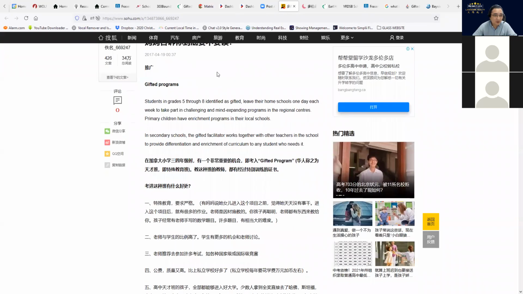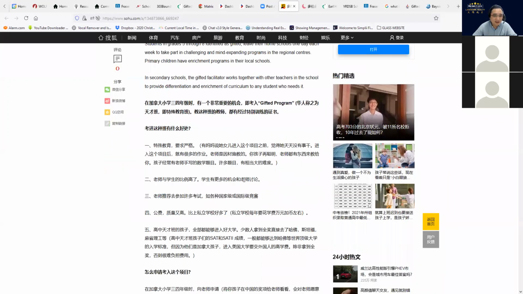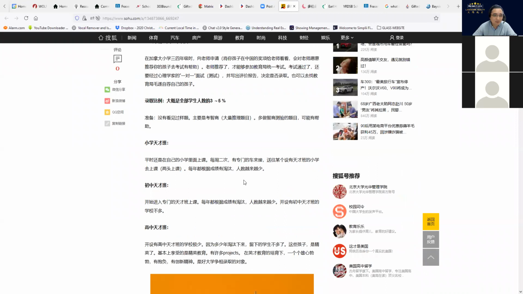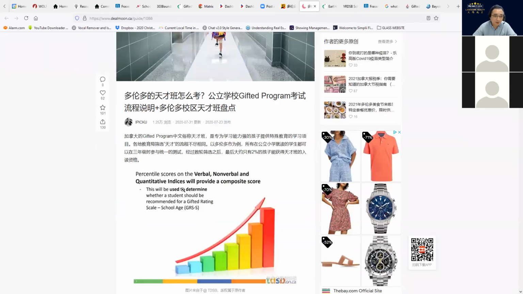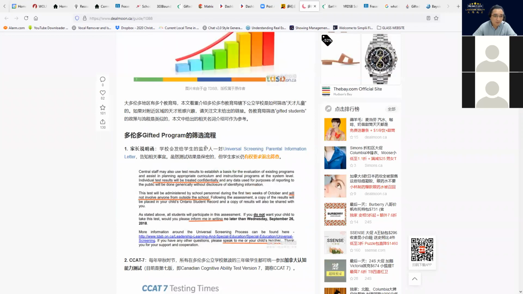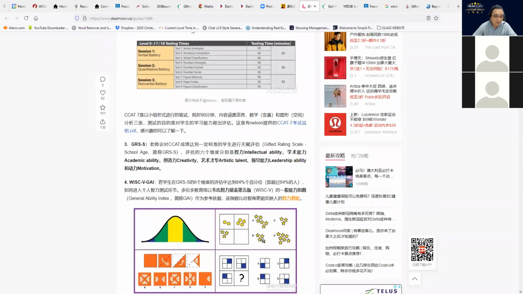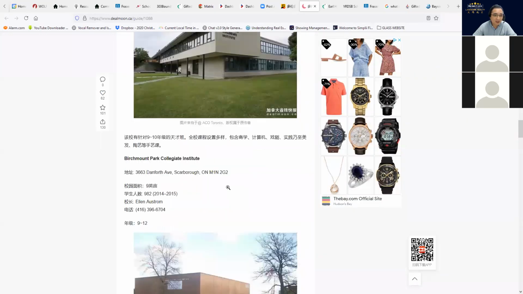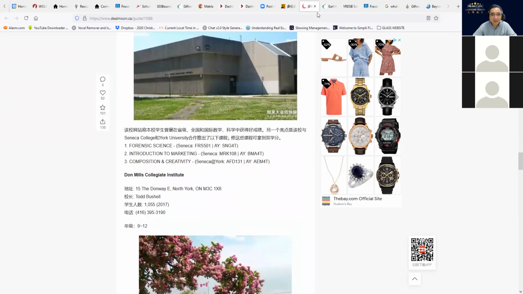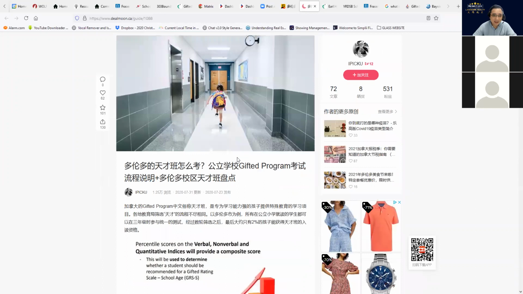So do the research, for example, search the gifted program on Google, and they will give you lots of information. Another site explains what the gifted program is, the qualifications, and how to enroll, and which schools have it. It takes just a few minutes and I can find all the information.